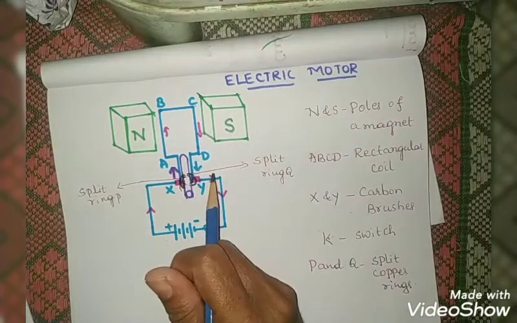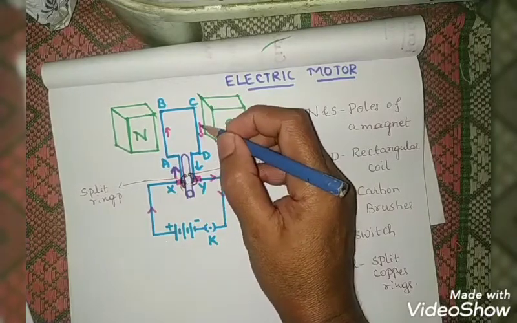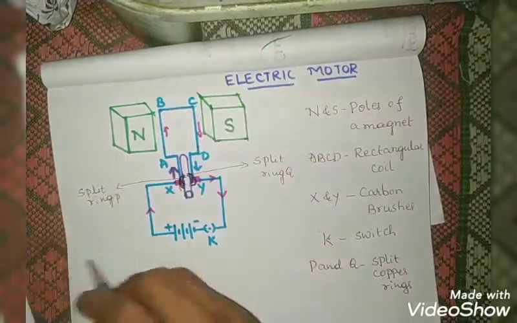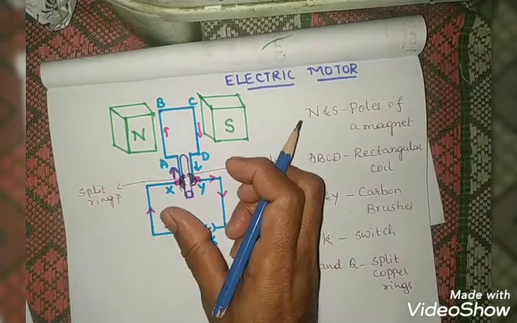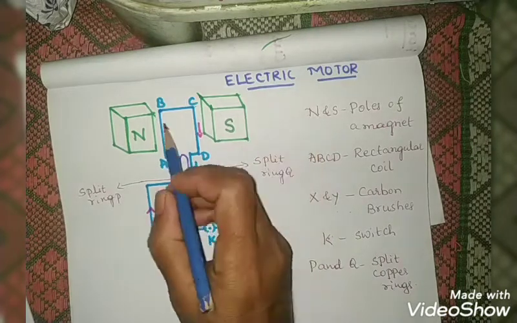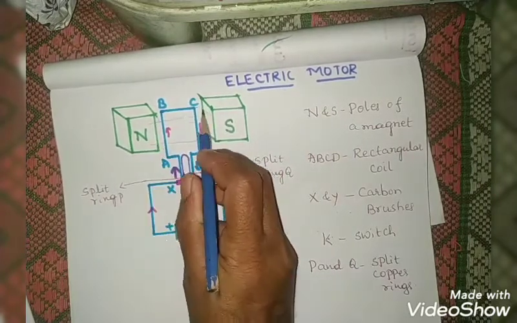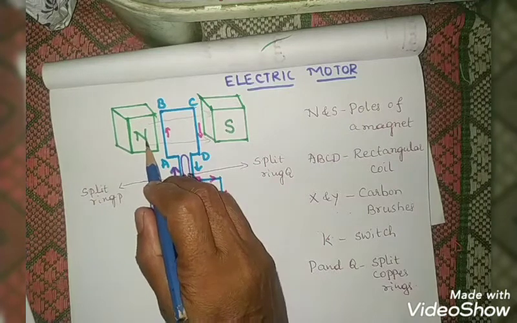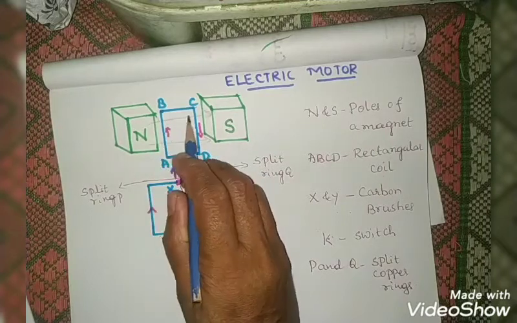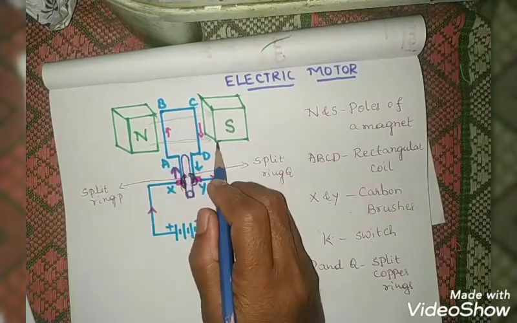How is it placed? Here you can see AB and CD are the arms. AB and CD are perpendicular to the direction of the magnetic field. What is the direction of the magnetic field, children? While studying the field lines in a bar magnet, we studied that the field lines emerge from the North Pole and merge at the South Pole. Am I right? Yes. So the direction will be this one, children. You observe, as I have drawn using a pencil, this is the direction of the magnetic field.